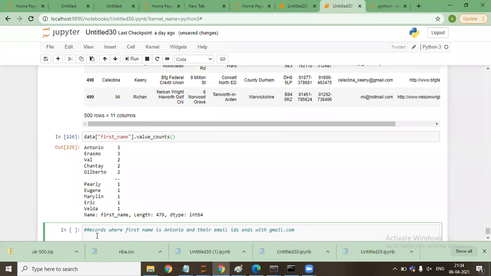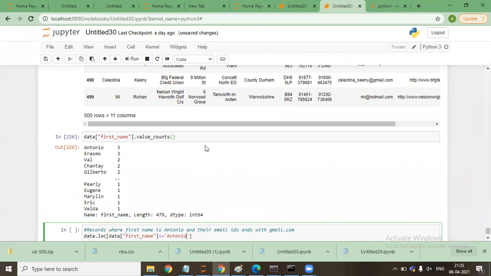So let me write it down: print of data dot log, data first name equal to a string of Antonio, double equal to Antonio.